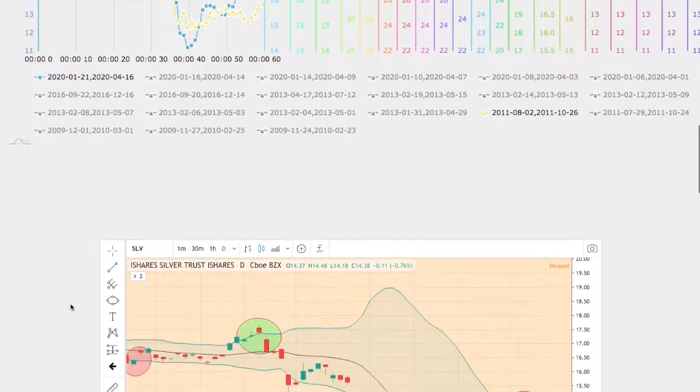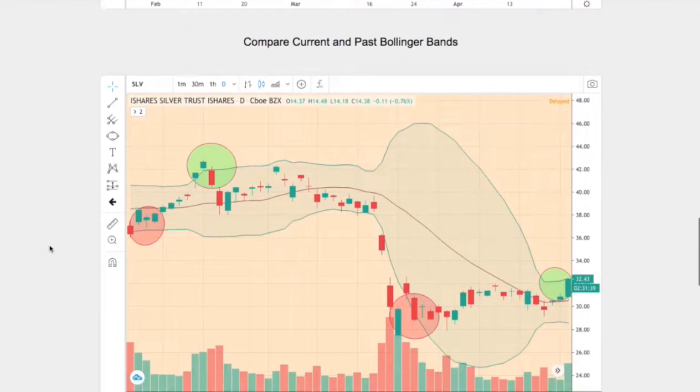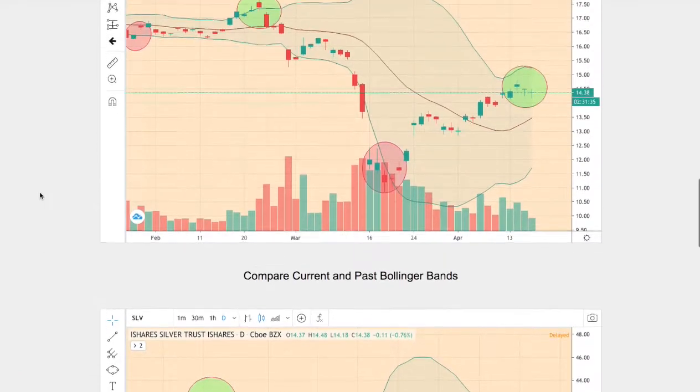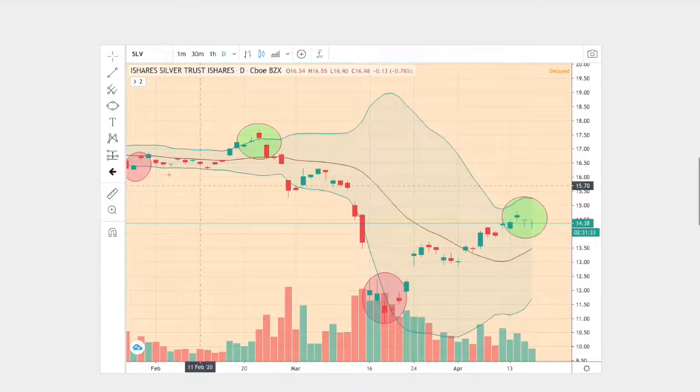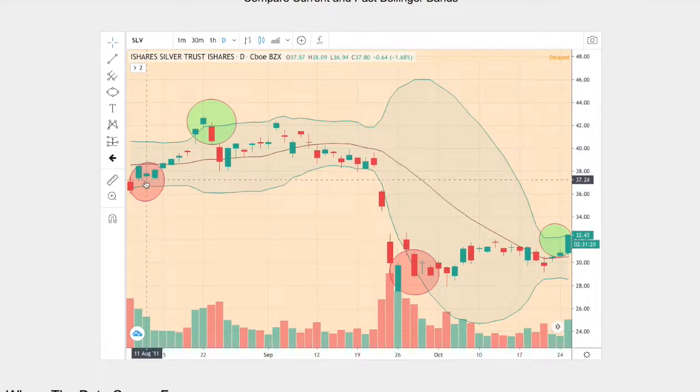So let's point out why these two charts are similar. We have the current trend right here, and below is the trend that I believe is the best match back in 2011. In the beginning of the trend, we start off at the bottom Bollinger Band, touch the upper Bollinger Band, once more touch the bottom Bollinger Band and made a nice reversal to touch the upper Bollinger Band. We start to see a similar pattern here as well. We start off at the bottom Bollinger Band, upper Bollinger Band, again bottom Bollinger Band,